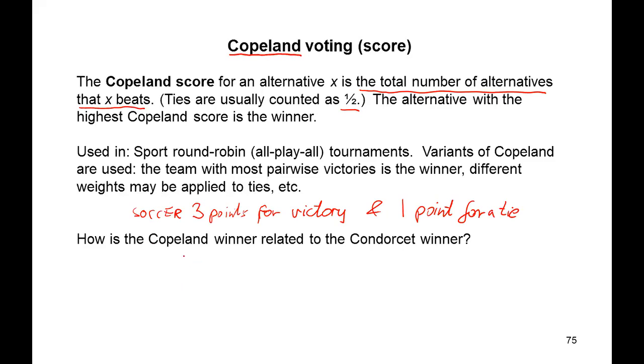So Copeland winner is an extension of the Condorcet winner concept. If we have weak Condorcet winners, then one of them may be the Copeland winner, but here the situation is more complicated. If we have just a single strong Condorcet winner, then this alternative must be also the